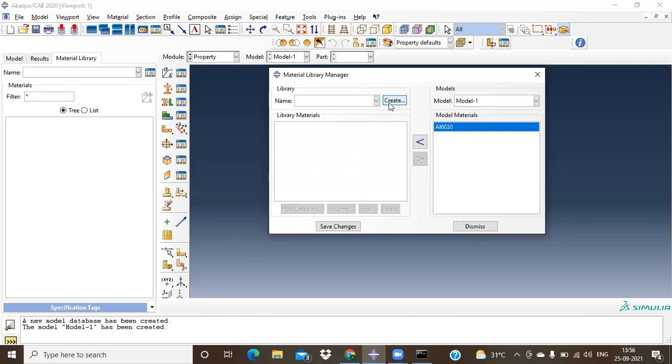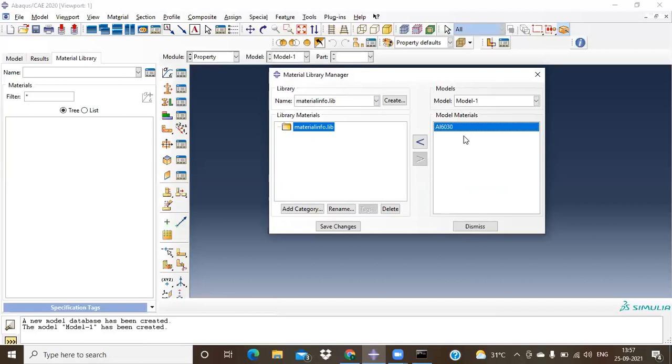Click on create, and then it asks whether it's a home or a current. I have to go for home, not only for this particular current project, because I have to do it for all the projects. So I'll click on home. I can just name it as material info, which is one of my databases that I'm creating. Just give OK. After clicking on this, now selecting this aluminum 6030, it is already there, right?